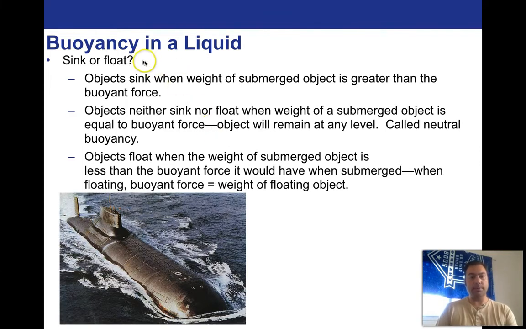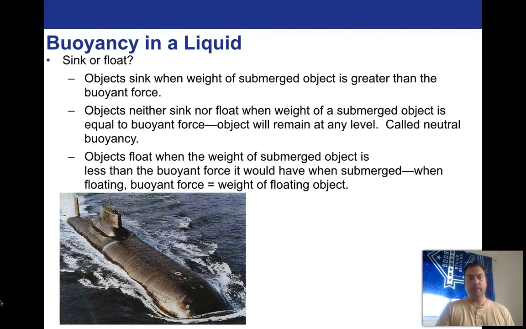So that allows us to ask some questions. Is it going to sink or is it going to float? You've got to ask this question with a submarine down in the lower left-hand corner. This is a Typhoon class Soviet ballistic missile submarine. It's the largest submarine ever built. They're as large as tankers, actually. They're huge. I think there's only one left in the world that's actually still operating.